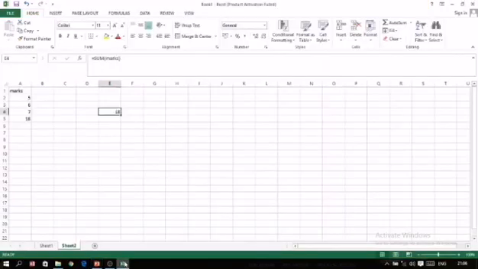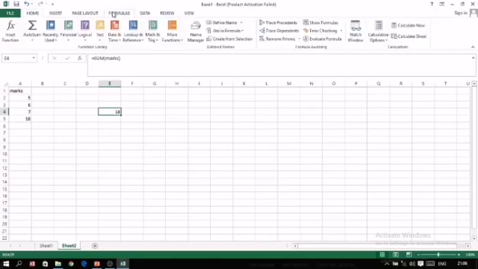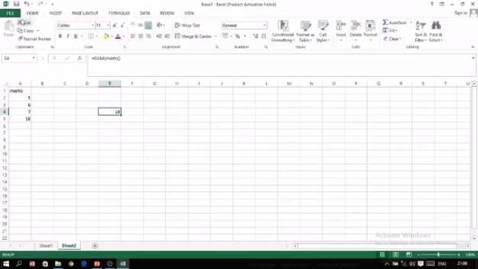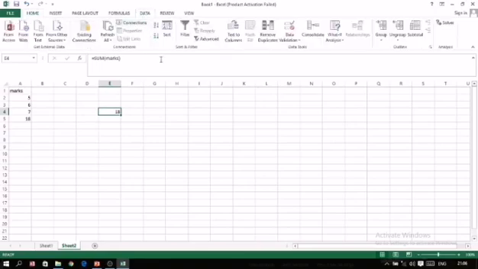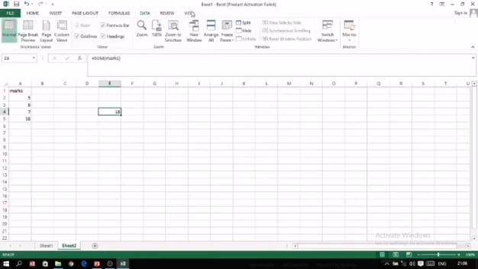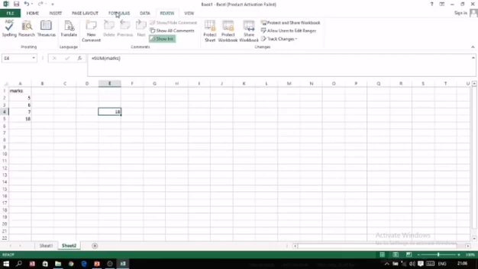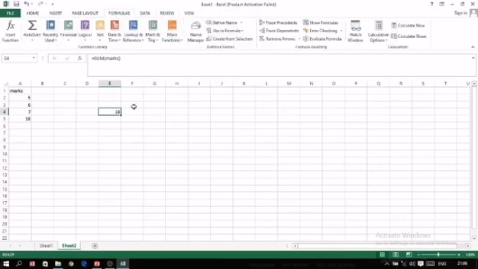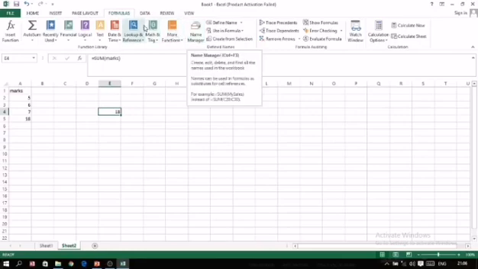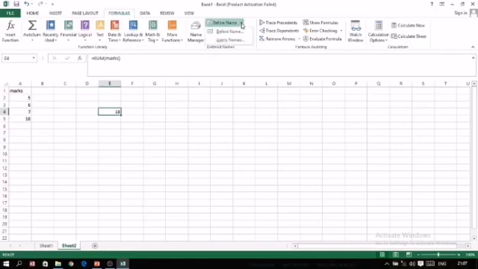Now the next topic is changing and deleting a range name. If you want to change the name of the range, that is also possible. Either directly from this name box it can be done, or we can change it from the group also. With the help of this group, we can change the name of the range. Here it is given as Name Manager, in the Formulas tab, in the Defined Names group, with Define Name and Apply Names options presented.